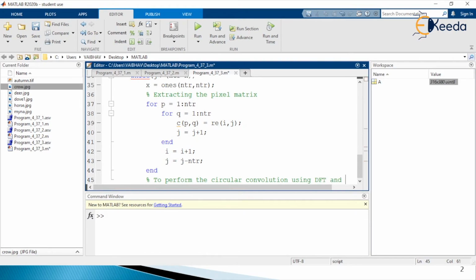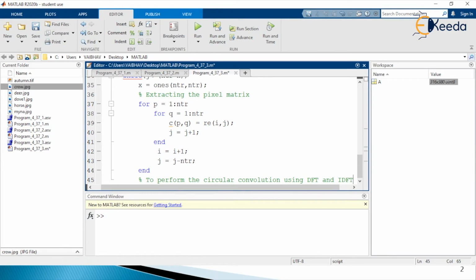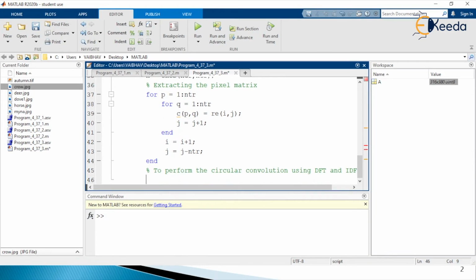This is the inverse discrete Fourier transformation. So let us define the variable capital R to hold the information that we take by using the IFFT2 command, the inverse Fourier transformation performed onto the circular convolution.